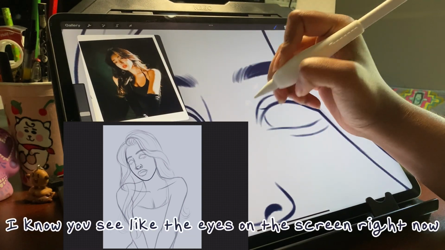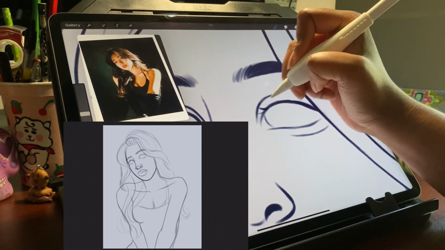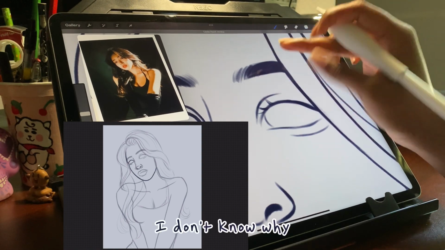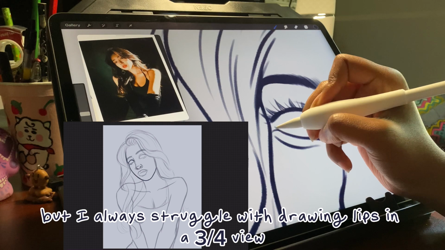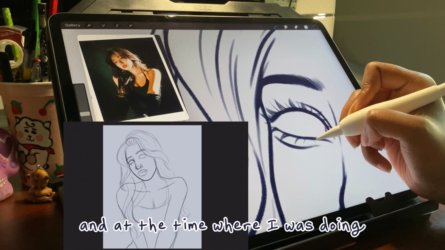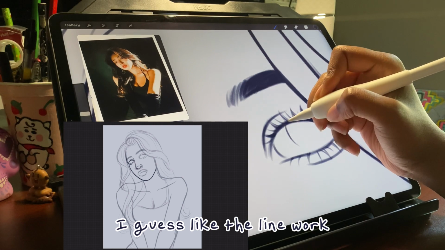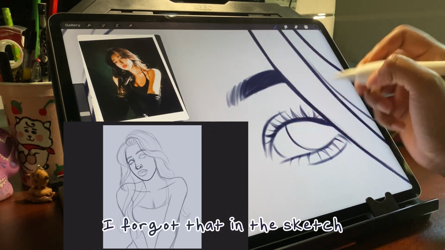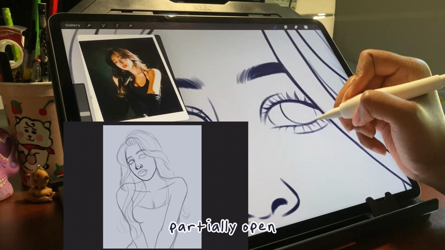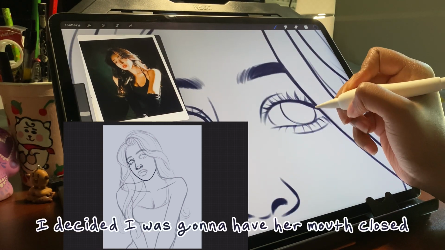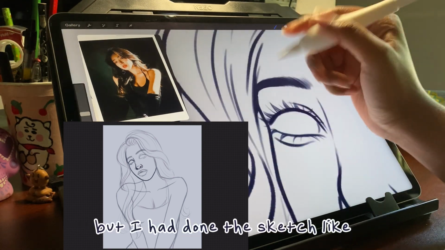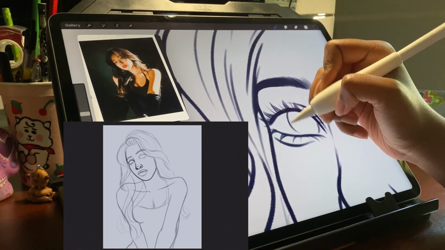I know you see the eyes on the screen right now, but I struggled with the lips because I don't know why, but I always struggle with drawing lips in the 3/4 view. And at the time I was doing the line work, I forgot that in the sketch I had decided I wasn't gonna have her mouth partially open. I decided I was gonna have her mouth closed,